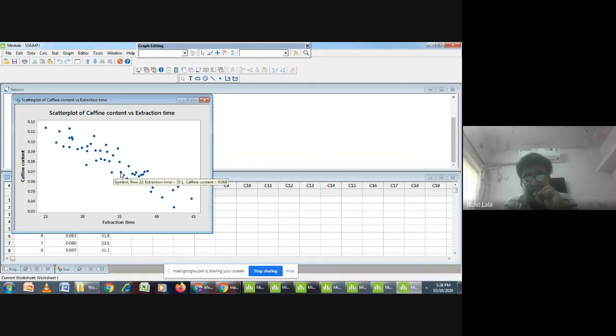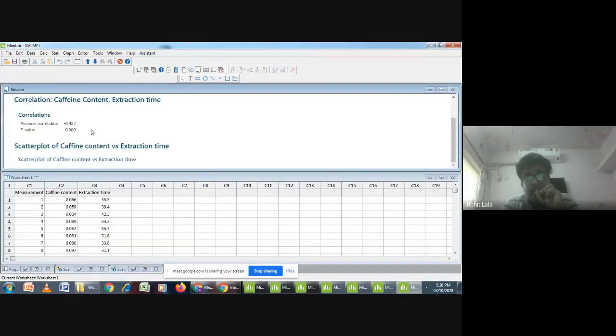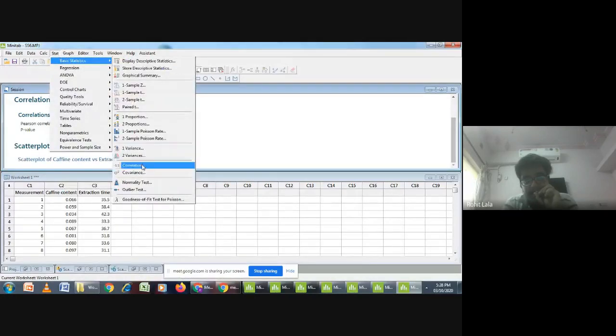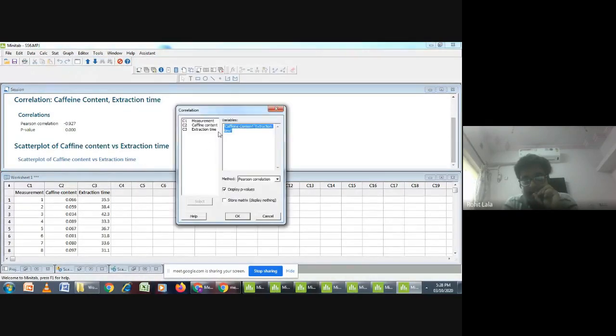So that basic we know, but I have only visualized my data as having a correlation, and I need to find the correlation. So obviously we need to calculate it, and on the basis of stats we just have to go to correlation. We just have to click all the variables, like caffeine content and extraction time. We need to run Pearson correlation. There are no ranks given. If the ranks are given, then we need to run